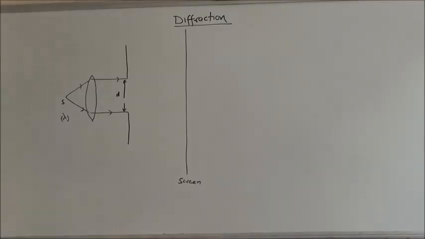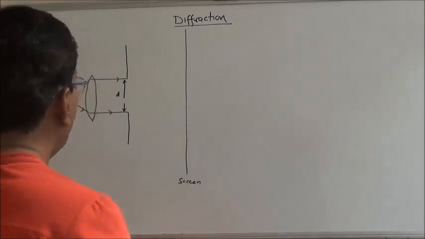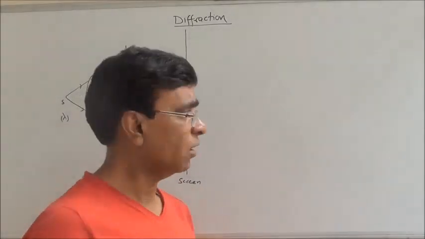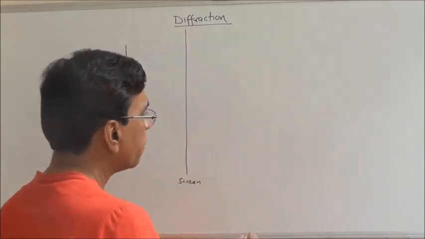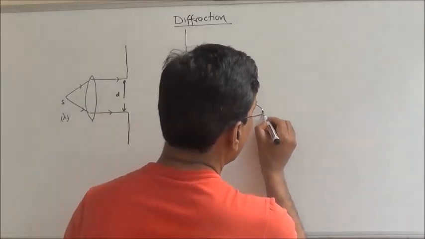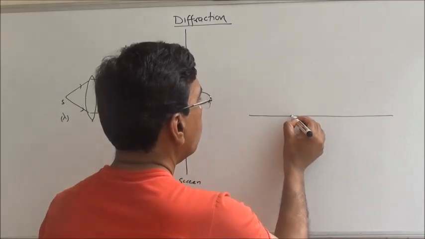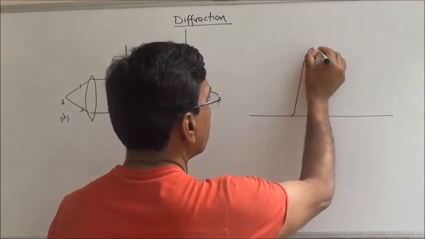And this is when I am decreasing the slit width. Okay, what have we observed in this activity? If I plot the intensity graph,